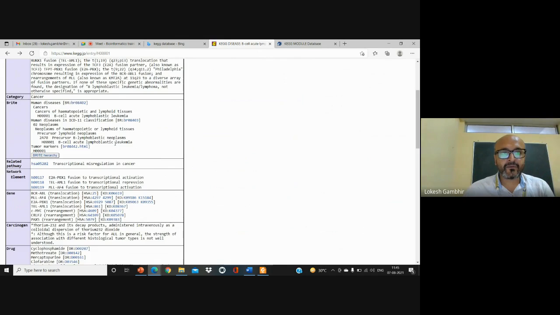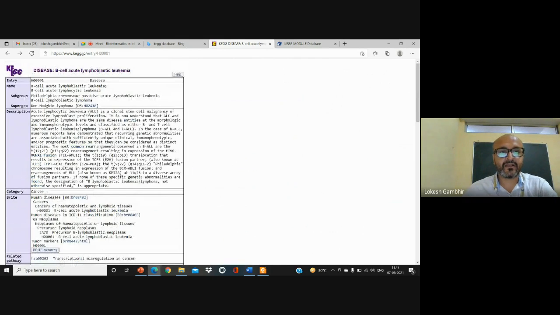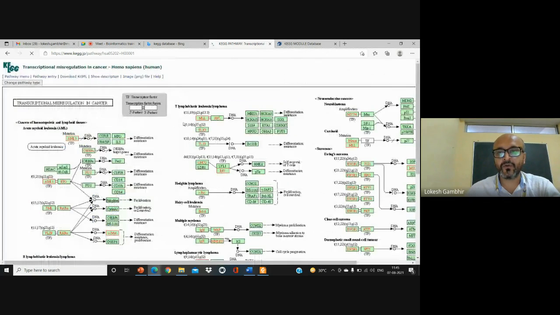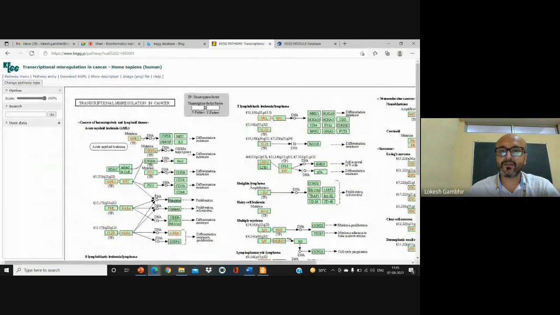Then if you are more interested in the Hodgkin's aspect, it will be provided here. Click on this and you will be directed to where you can study the transcription regulation in this particular cancer. The complete pathway will be in front of you.